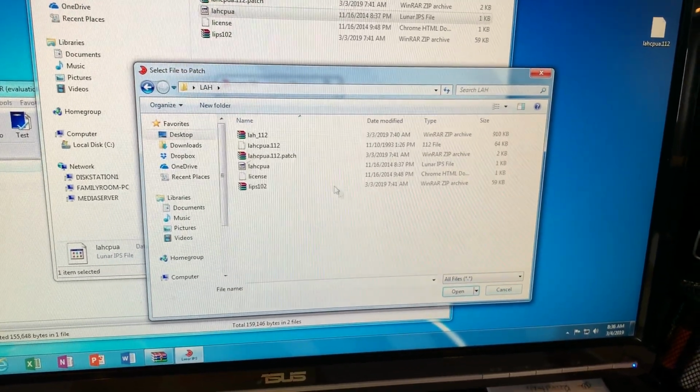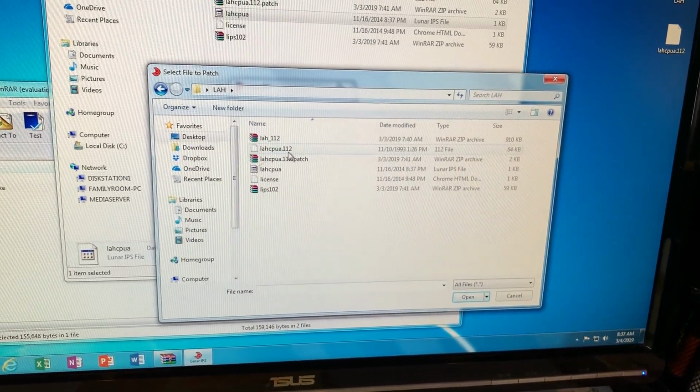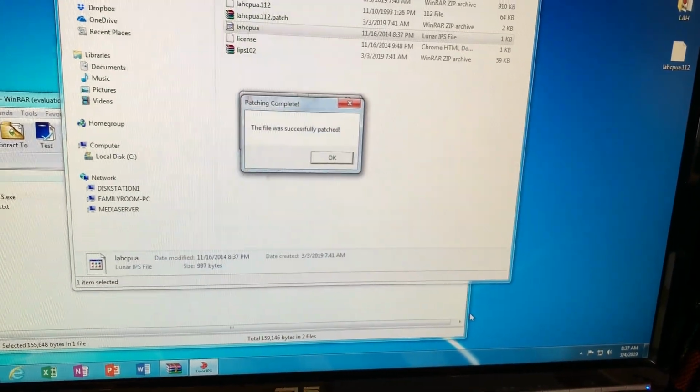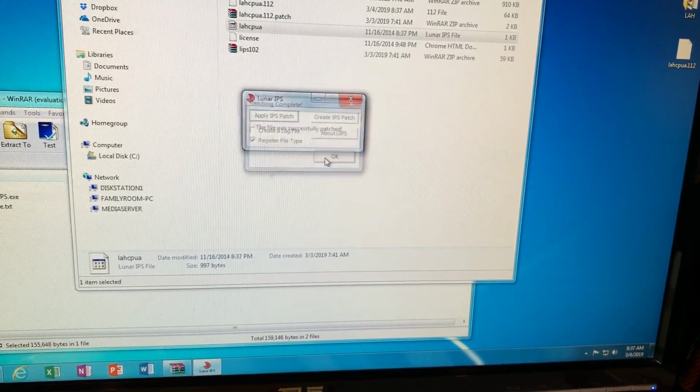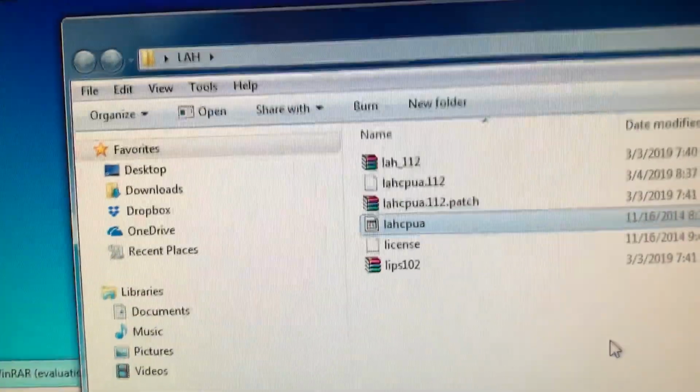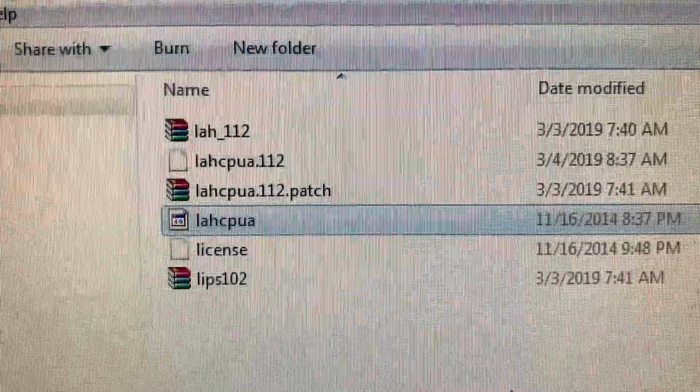All right. And then here's the factory one that we downloaded. We're going to choose that to patch. We're going to hit open. File successfully patched. So nothing weird happens. It doesn't create a new file, right? All it does is patch that